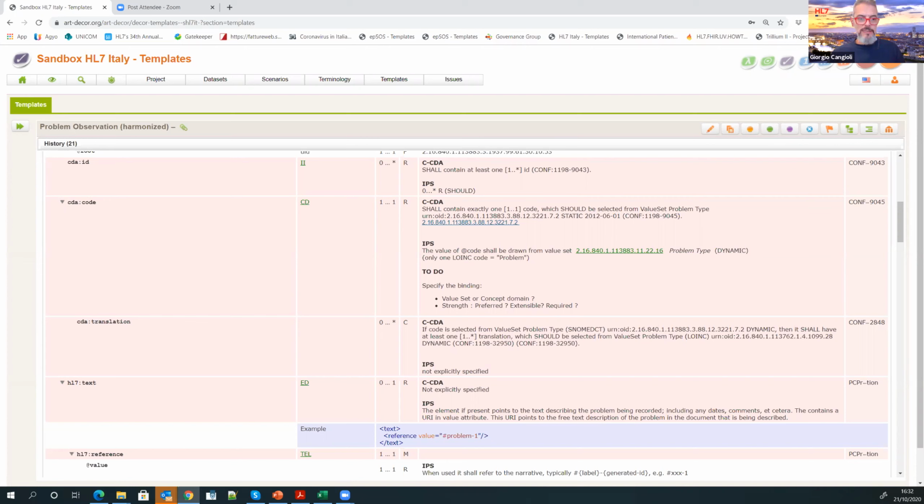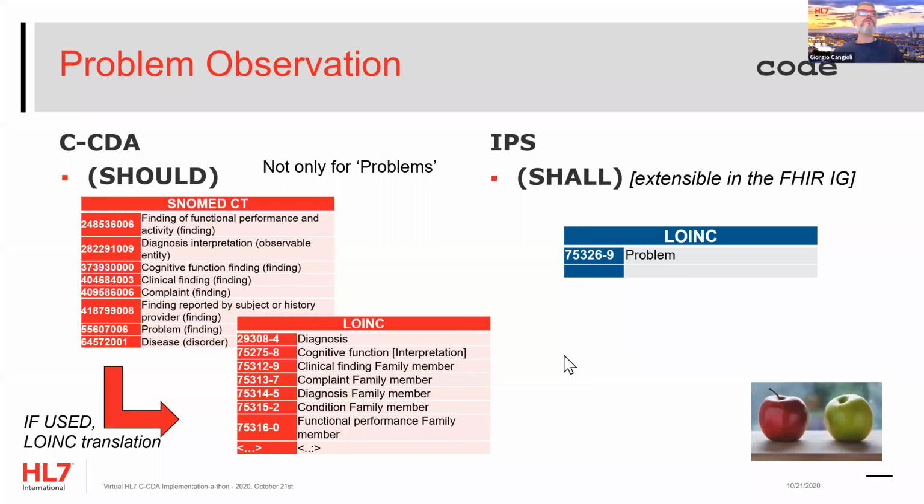While in the C-CDA, you have a normed code that should be used, and if it is used, you have the long code in the translation. In the CDA, in the IPS CDA, it is limited to a single code, but is extensible for the FHIR